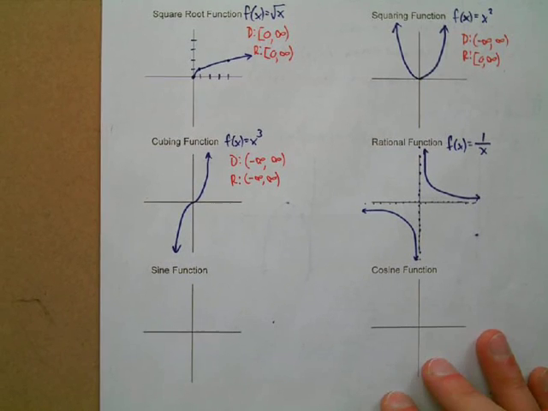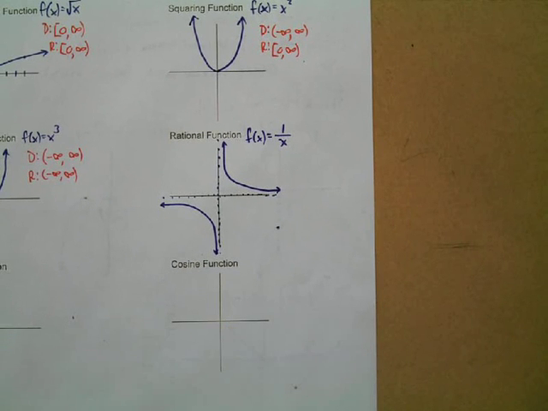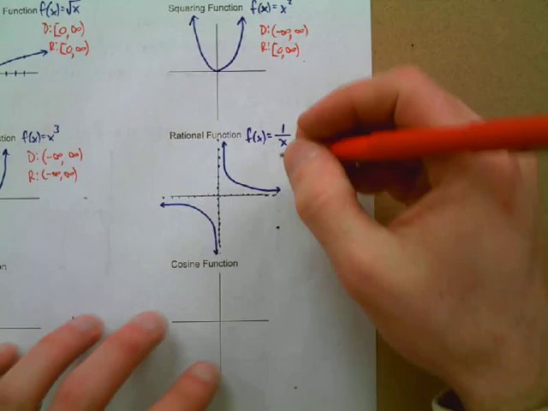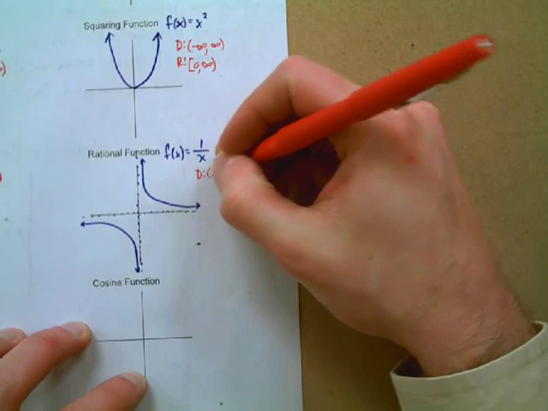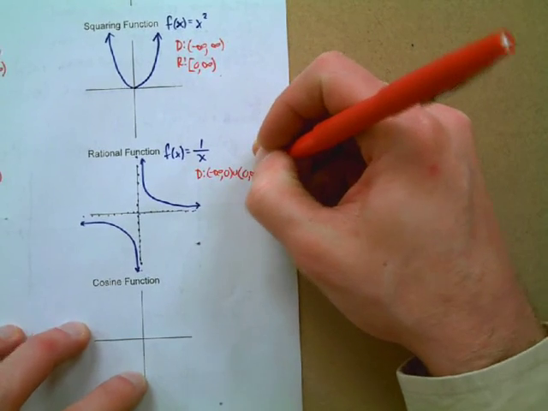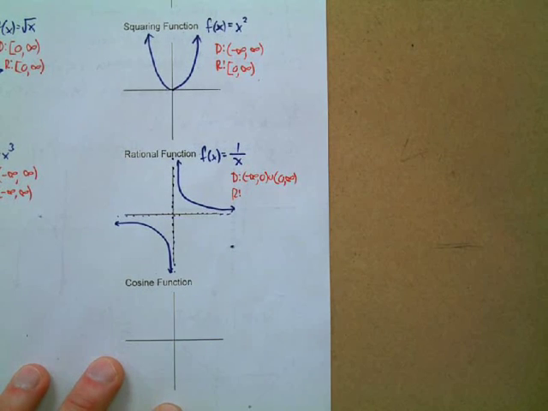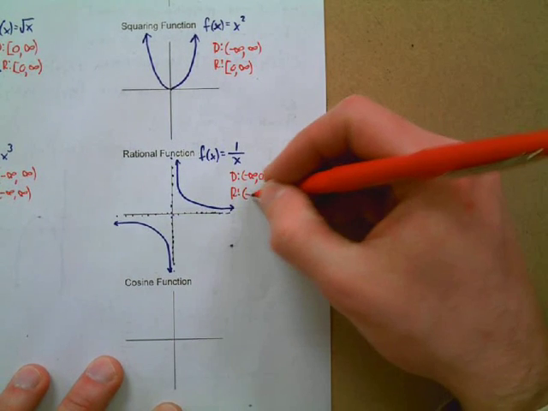All right. And then finally that rational function, right? The one that's kind of like the newest or the least familiar. And we'll go to Robert there in the back. So Robert. Negative infinity to 0, union 0 to infinity. Very good, Robert. And then how about that range? Negative infinity to 0, union 0 to infinity. Exactly right. So just excluding those zeros,